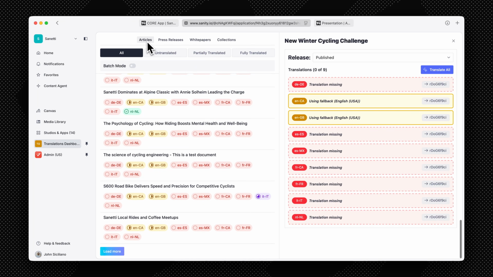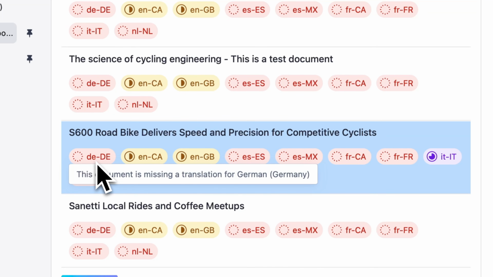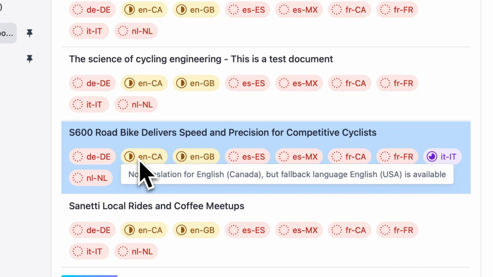This provides the building blocks to quickly spin up these use case specific content apps and deploy them directly to the Sanity dashboard. So in this app, I'm currently filtered by my article content type. And here I have a list of articles and the various locales that they have or have not been translated to. So for my S600 bike, I can see that the red means that it has not been translated there yet. Yellow is saying that it's a fallback for this,